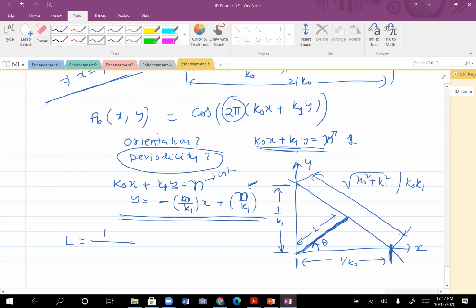L will be equal to, any idea? Root k naught square plus k1 square. Very good. Did you work it out? Sir, it will be root, I think, not 1 by root. Huh? L will be equal to 1 by root. Try it out yourself. I'm just giving you L directly here. And theta is very easy to find out. Theta equal to tan inverse of